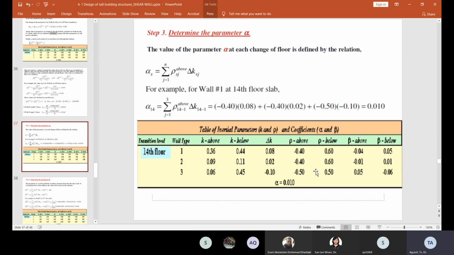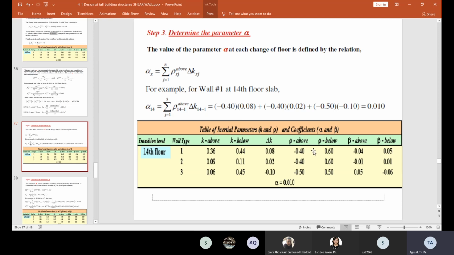Okay, so this value is applied for the 14 floor. Okay, so for example, for wall 1, we have the rho above is negative 0.4. This one multiplied by delta K we have 0.08,